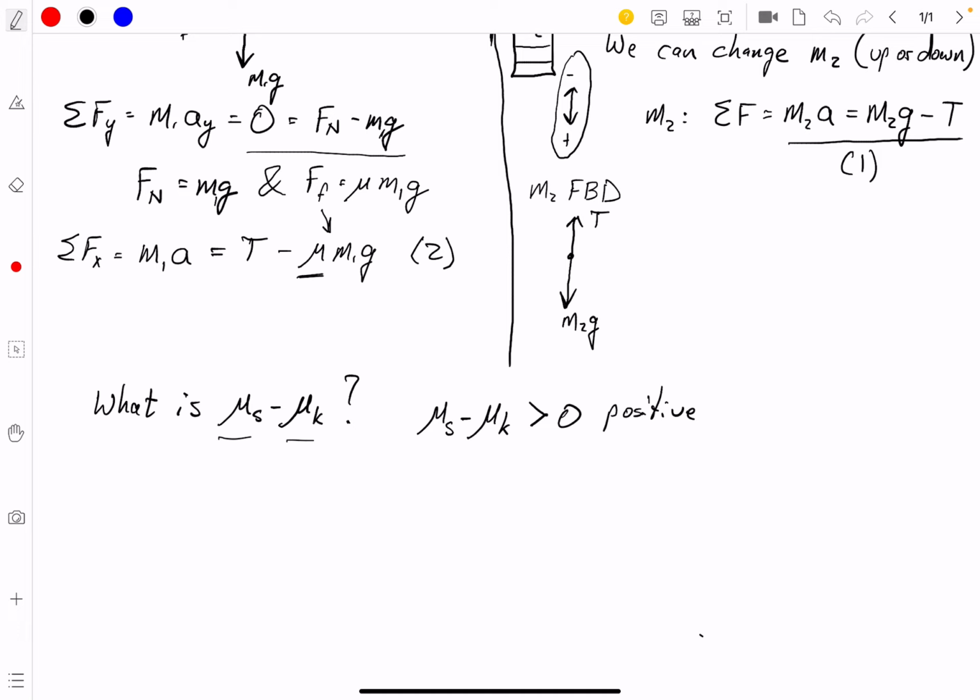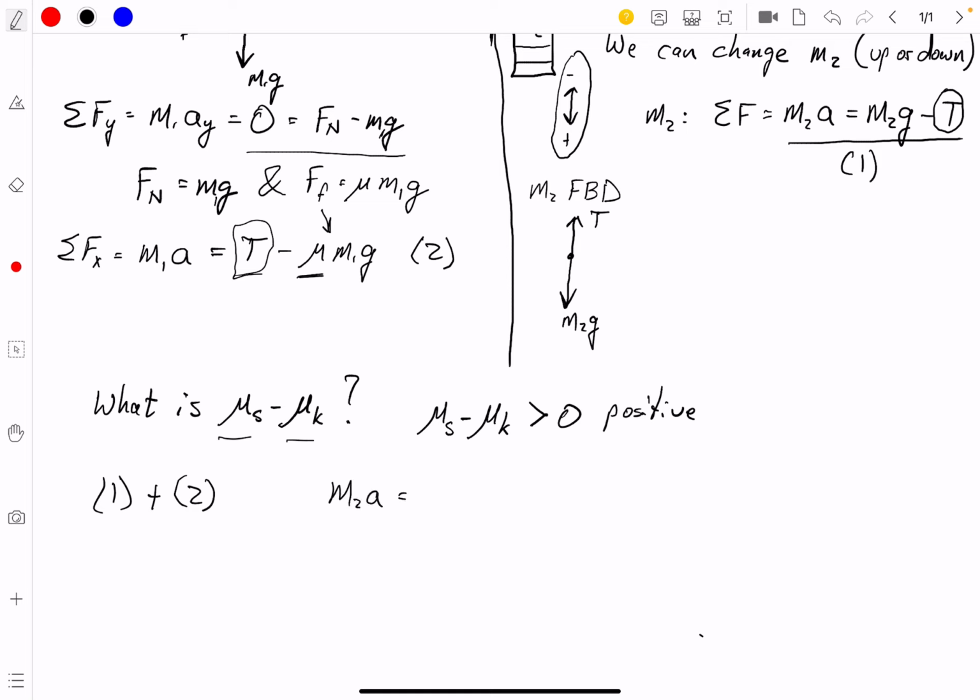We also don't know what our tension value is, right? Over here too, in equation 1, we don't know what the tension is. So what do we do? We can take equation 1, and if equation 1 has minus T in it, and equation 2 has plus T in it, if we add those two equations together, so we're going to do 1 plus 2, I'll write it out here,